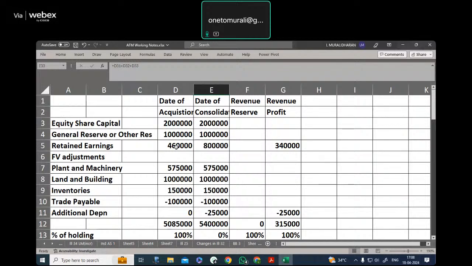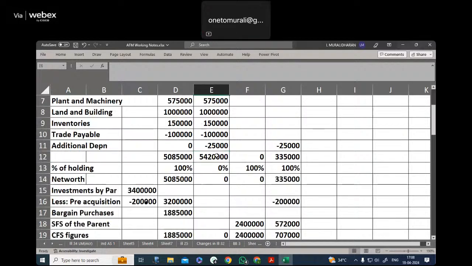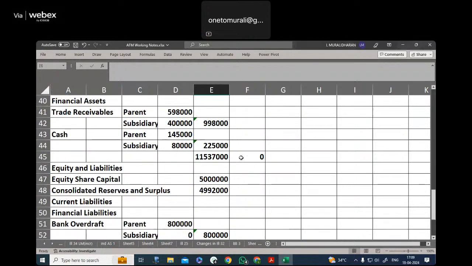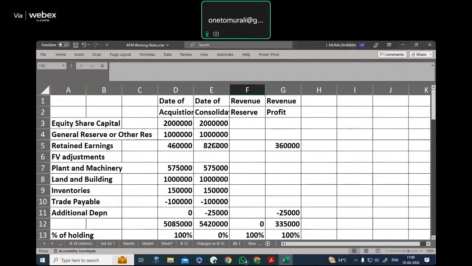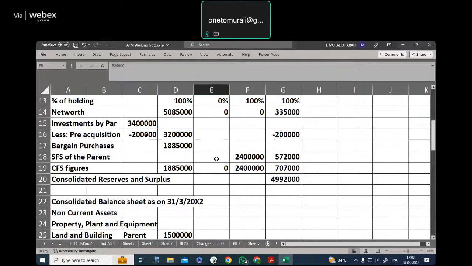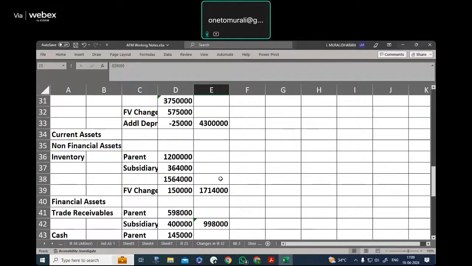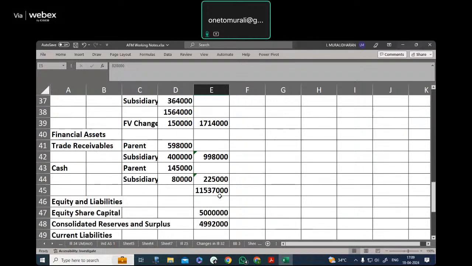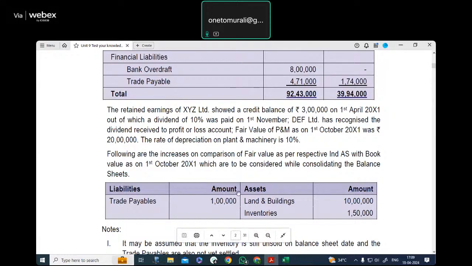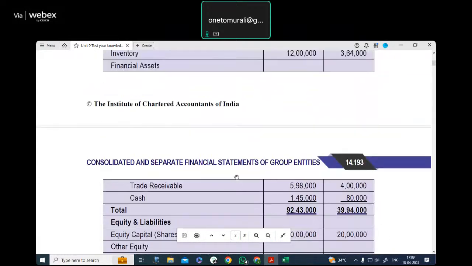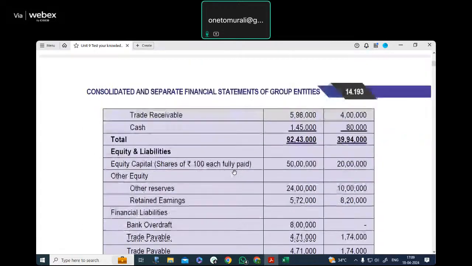I think here is a place where we have gone wrong. This is 820. So there is no difference. So here by mistake I have taken up 8 lakhs. It is 820,000. Okay. Because of the Excel, automatically it takes care of all those changes. And no way we will just have difference coming up in the balance sheet, and it is all properly done. So that's the way we have just completed one such problem on consolidation there. Was question number 4.